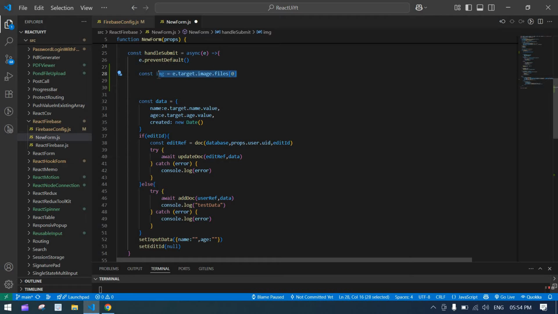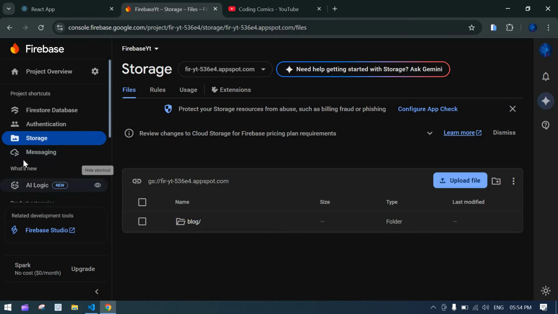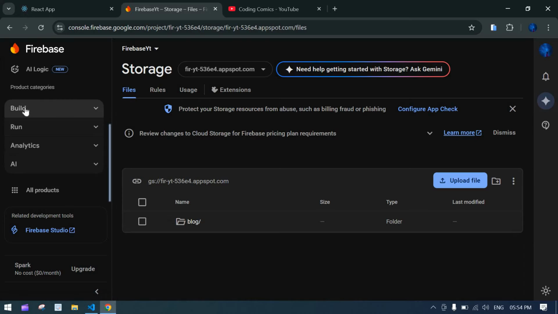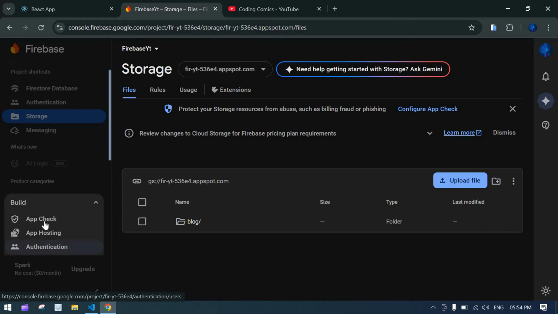We need to insert this image into Firebase, so we need to configure our Firebase storage. For that, first go to Firebase. Here I already tested, this is how it will look. In your case, click on this Build. Inside Build you can see Storage. If you click that,